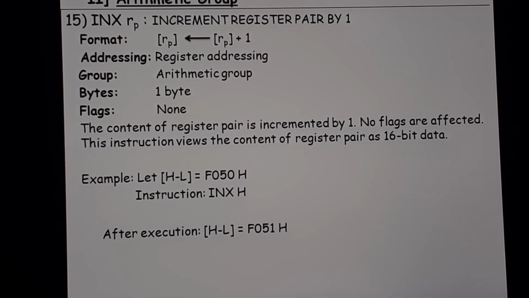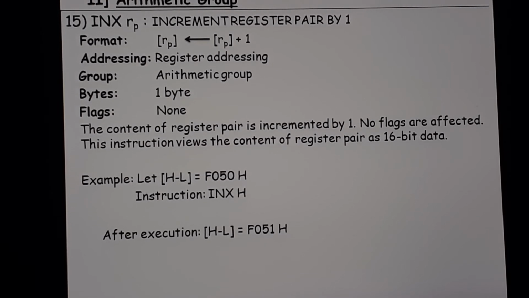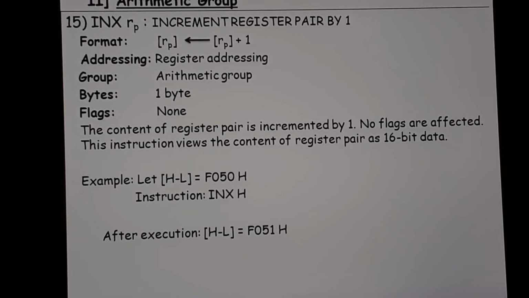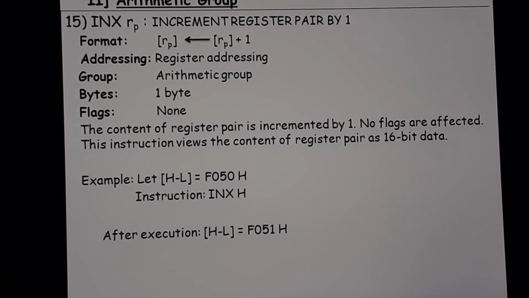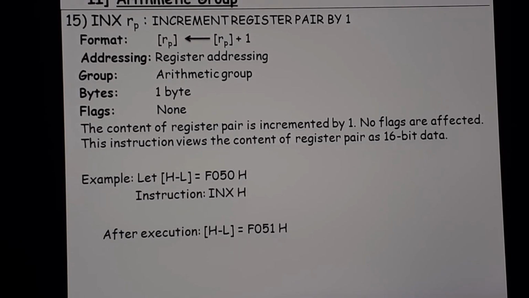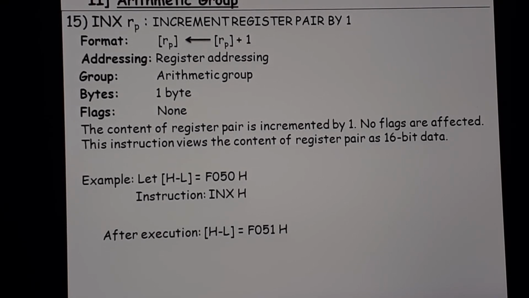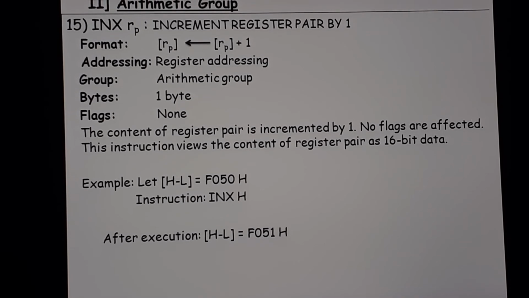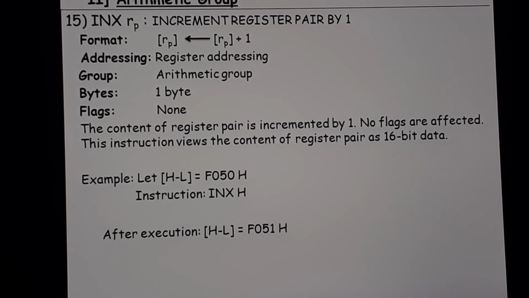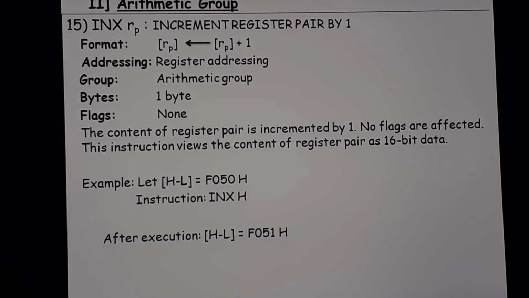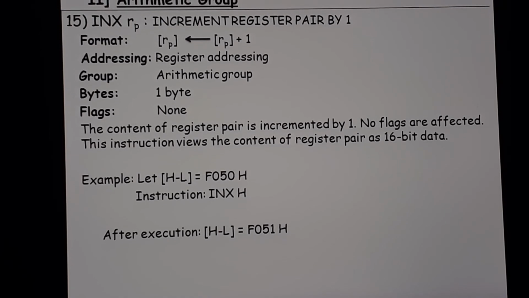So see, the example I have taken is HL equal to F050H. Now since the data will be stored in the register pair itself, if you mention it as 8-bit it will do, and if you do not mention it, that will also do. In the previous instruction I assumed it as 8-bit since it was the HL register pair. If you do not mention it, that also will be fine. Here I have not assumed 8-bit. In the previous instruction I had assumed 8-bit, but now I have taken it as a 16-bit register only. So I have kept F050 as it is. I have not considered it as an 8-bit register.